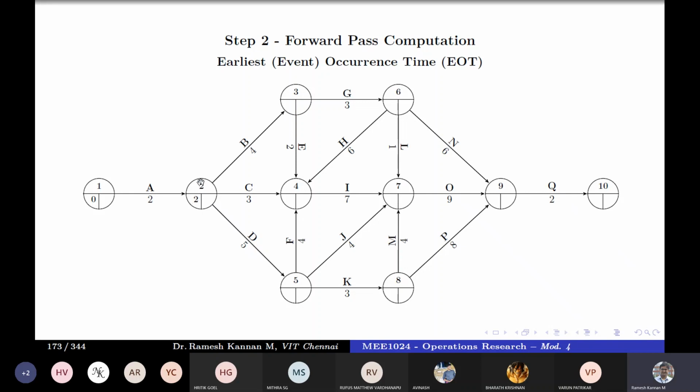This is a number. And B can start only after activity A gets over, this 2. So the end event of B, which is 3, how early event 3 can start is 2 plus 4. It can start at 6. Right? As simple as that.